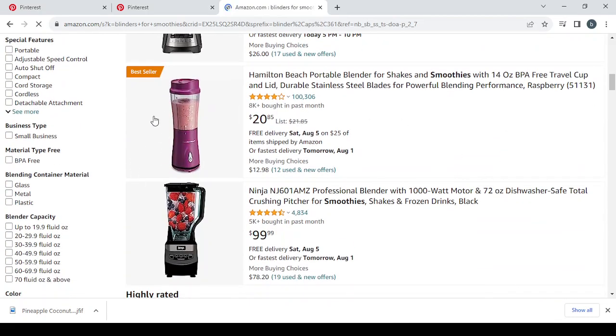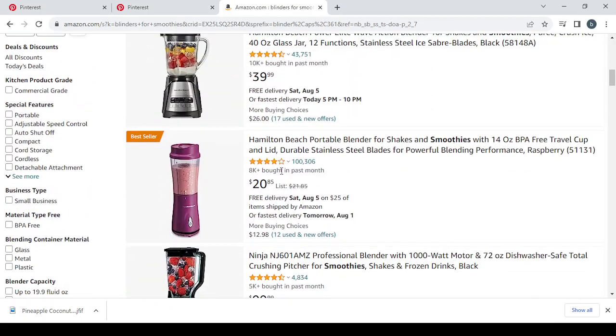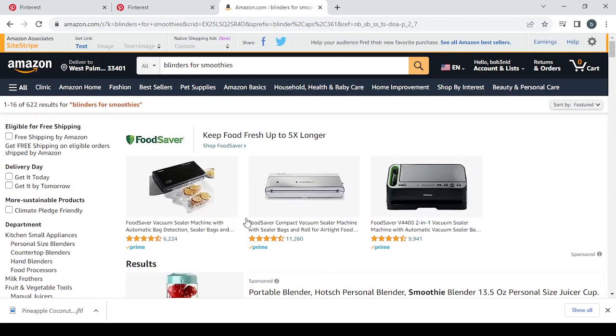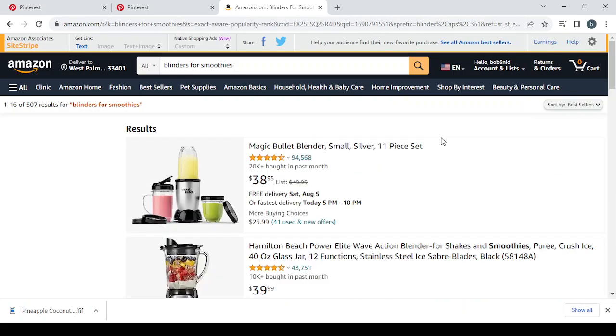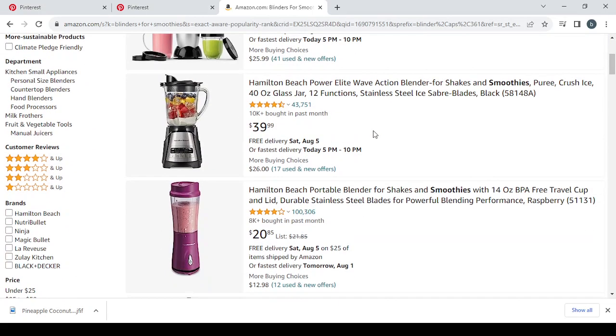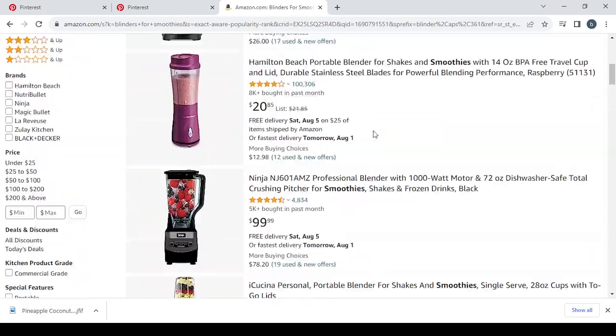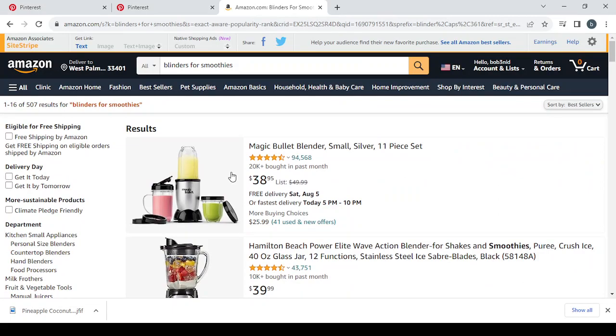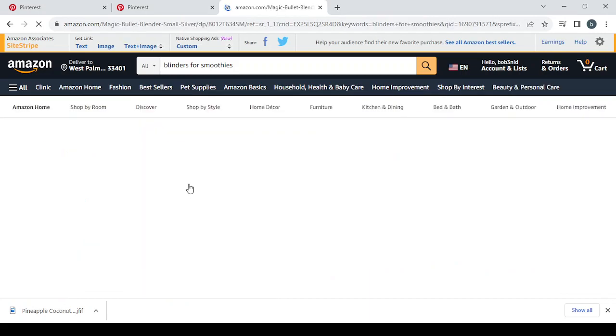So we have some best sellers like this one on here, but let's choose from here best sellers. So as you can see, this is one of the best sellers here. So let's go with the first one. It has a pretty good price, so we'll have a pretty good commission from this one. We click on it